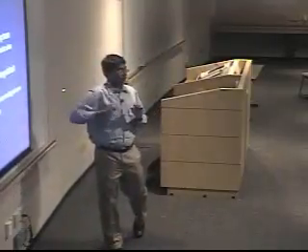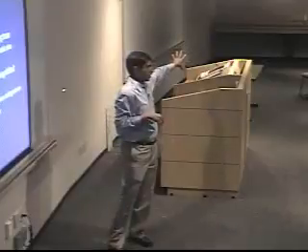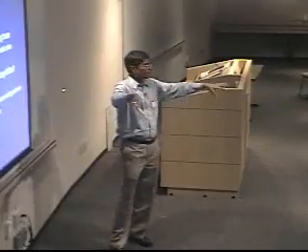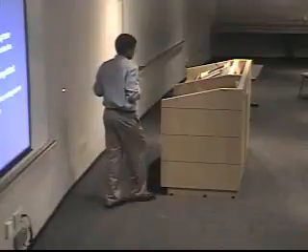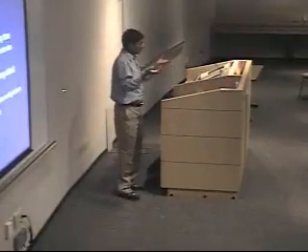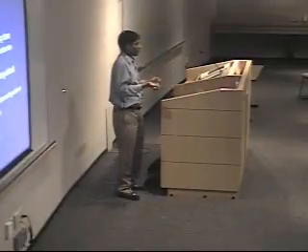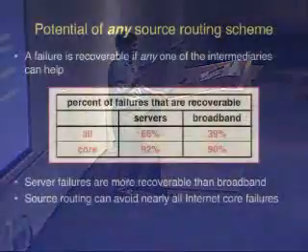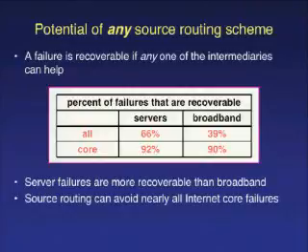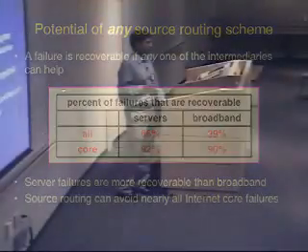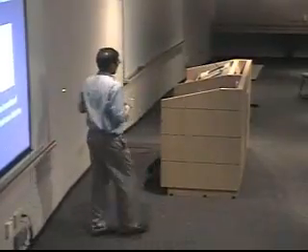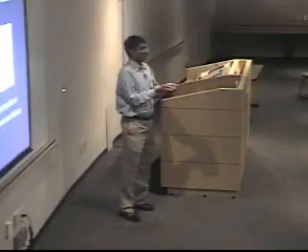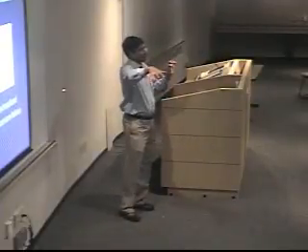So to evaluate one-hop source routing, during each one of the path failures, we sent probes using intermediate nodes located at 40 different Planet Lab sites. And we compared the success of probes along the default path as well as the intermediate paths to estimate two things. One, the maximum potential of any source routing scheme, and two, the success rates of specific but different source routing schemes. So to evaluate the maximum potential of any source routing scheme, we declare a failure as being recoverable even if one of the 40 intermediate nodes that we probed helps in routing around the failure.